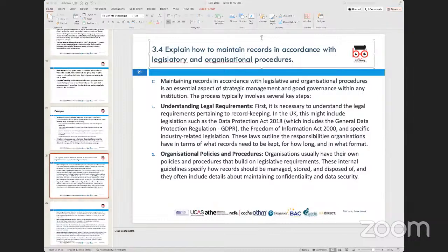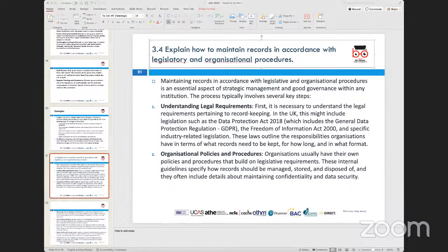No, sir, clear. Okay. We look at the last assessment criteria, which is talking about how we maintain records in accordance with legislative and organizational procedures. Now, there are three things, or three acts, that we need to be aware of specifically when we talk about